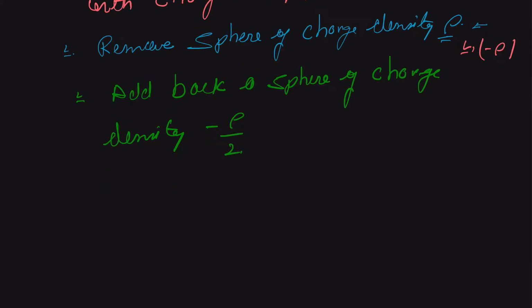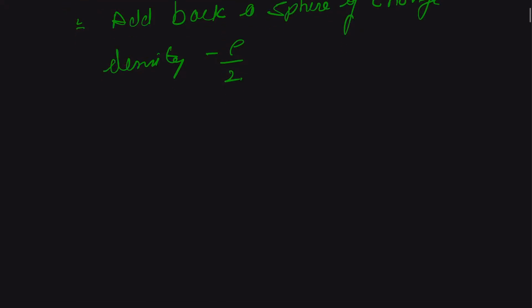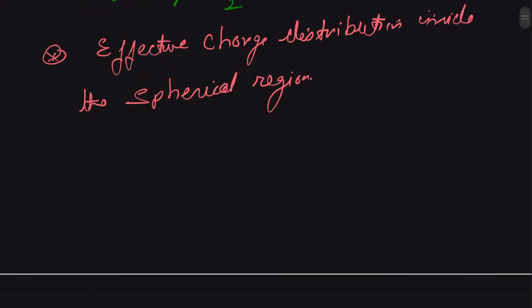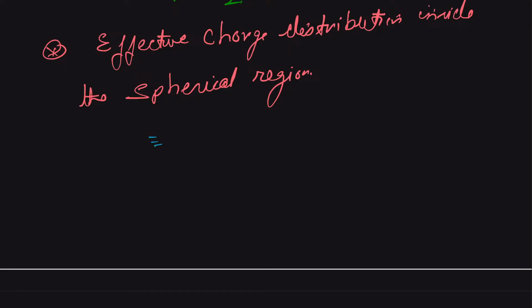So by using superposition, we can say that the effective charge distribution inside the spherical region we can write as cylinder of charge density rho,